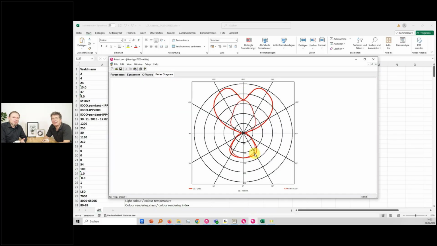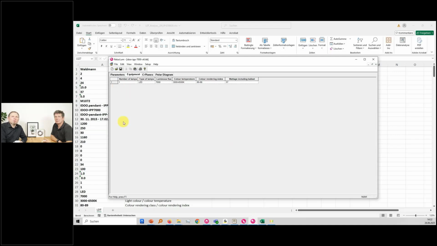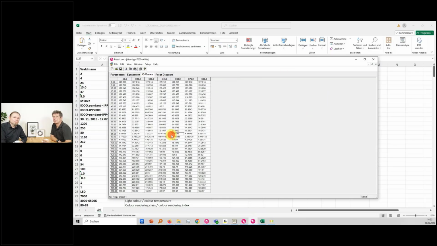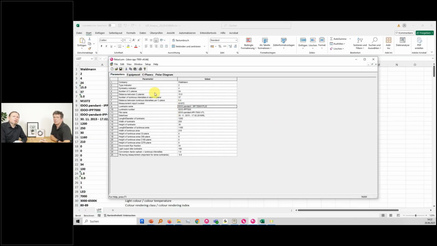And you can use it just to display the LDCs. You have also the table of LDCs. You can also copy and paste between here and Excel. You have also all the lamps in it, and all the head parameters, the geometry, the identification, and you can also change anything. You can go in here and overwrite the name of the luminaire. You can also change the values directly here, not just in Excel, and you will see it in the diagram. So this is a good editor or a starting point for editing LDCs, including something like